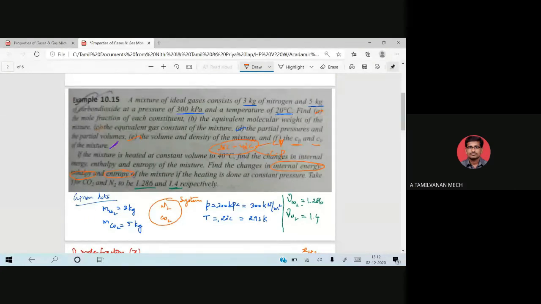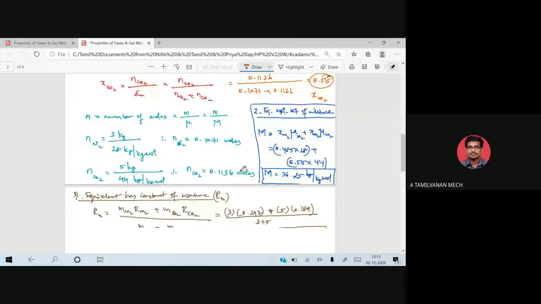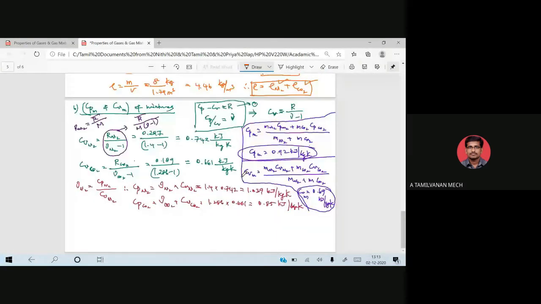Okay, so here we are going to find the parameters of the second part using these equations. Listen, we already have an equation: delta U, the change in internal energy, is equal to m Cv into T2 minus T1. Here m is the total mass, and Cv is the Cv of the mixture.